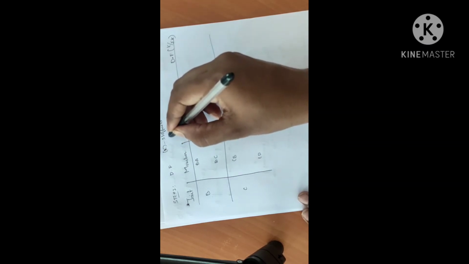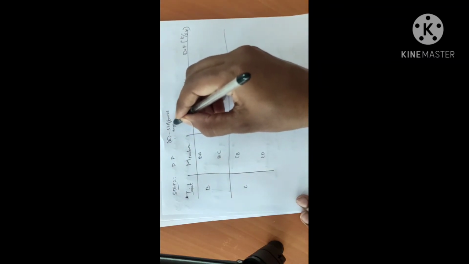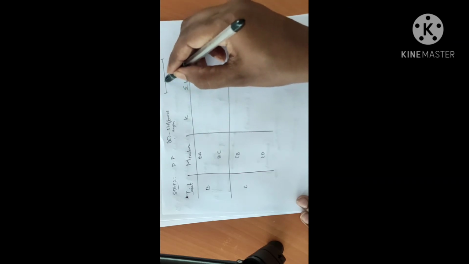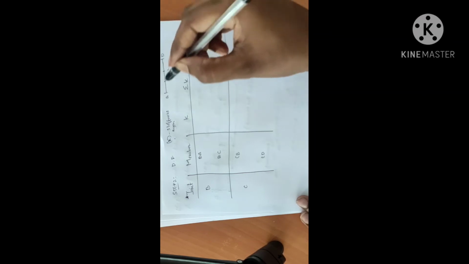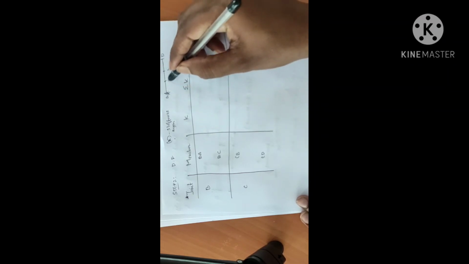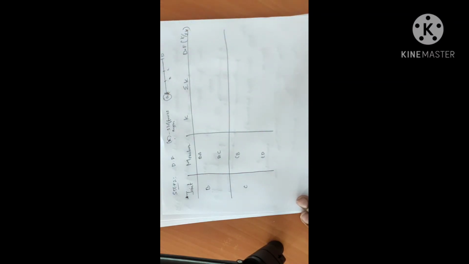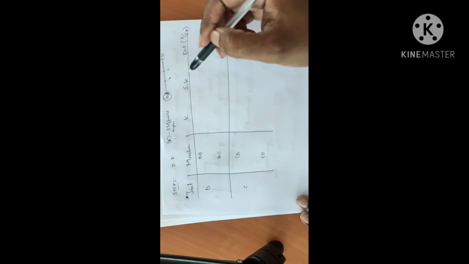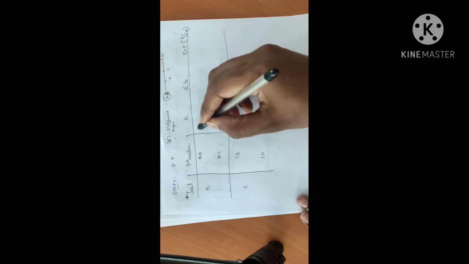This is dependent on the type of support. As I told you, we are considering intermediate joints. This is joint B and this is joint C. This is A and D. Its stiffness is dependent on the type of the support. When we are considering BA, you should see the type of support at joint A. It is a fixed end. When it is a fixed end, the stiffness factor will be I by L.